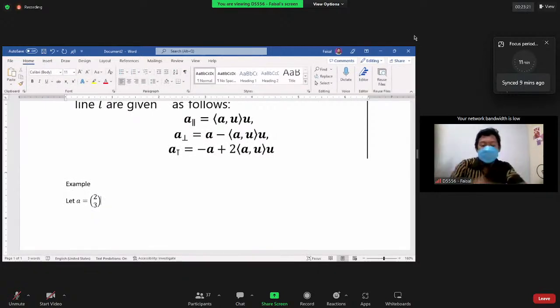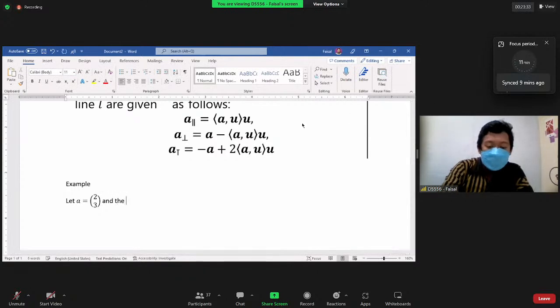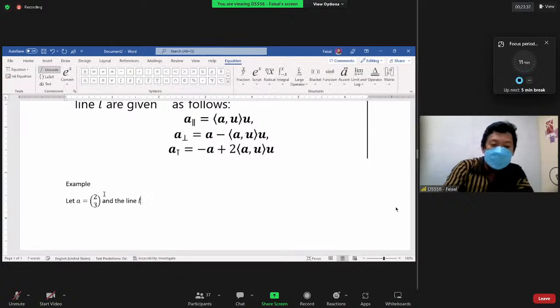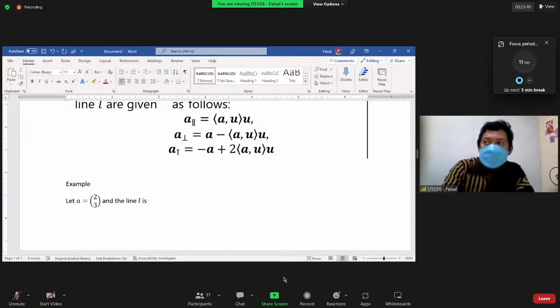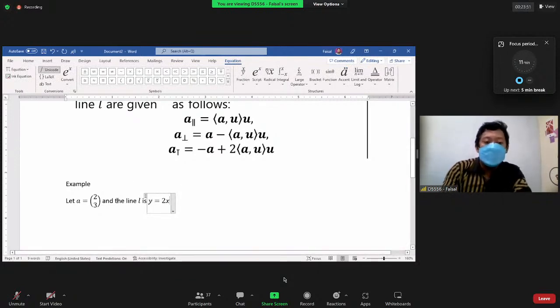You can imagine (2, 3) on the Cartesian x, y coordinates, and the line L is the line with the equation y equals x. So this is A